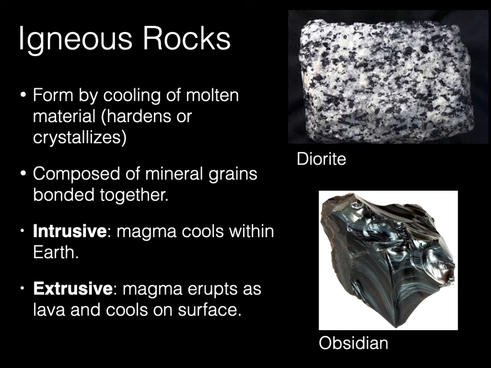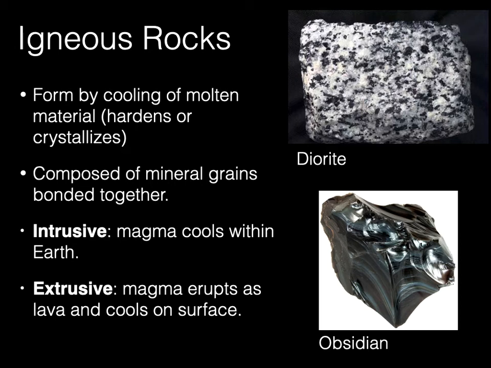So looking at these two things, the liquid stuff that's underneath the earth that cools versus the stuff that spills out on the surface, which one cools faster? The stuff that comes on the surface, right? Sometimes it spills right out into the water, cools really fast. And so you end up with two different situations. You end up with this beautiful diorite, which cools very slowly. I mean, you maybe even have thousands of years to cool underneath Earth's surface. And you get these big, huge, beautiful grown crystals.